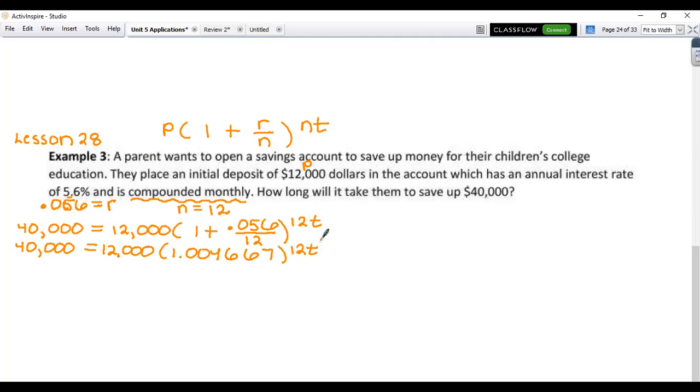Okay, so what needs to happen next? Perfect, divide out the 12,000. I just need to check and make sure that this is screen sharing, which I feel like it might not be. Okay, so you're going to divide your 12,000. So divide by the 12,000, and to keep this really accurate, you don't really want to type anything in yet,